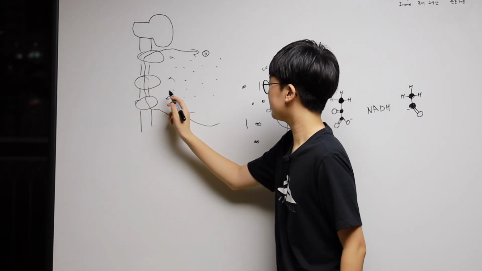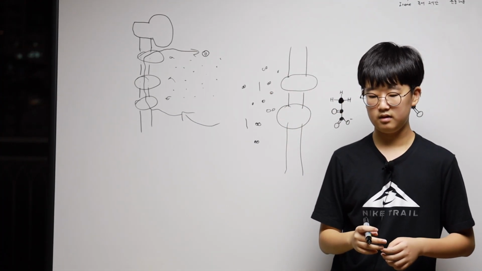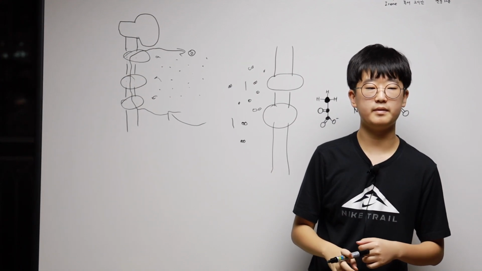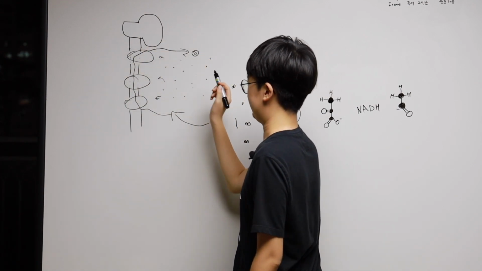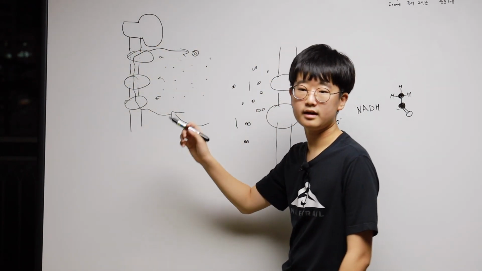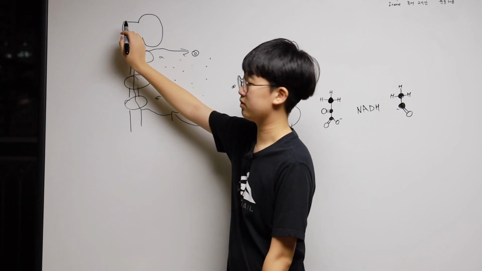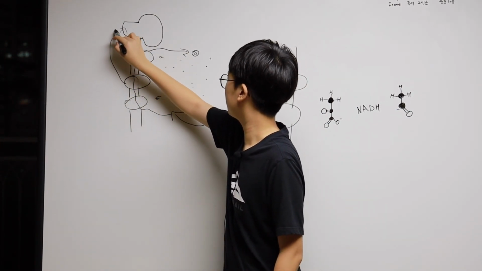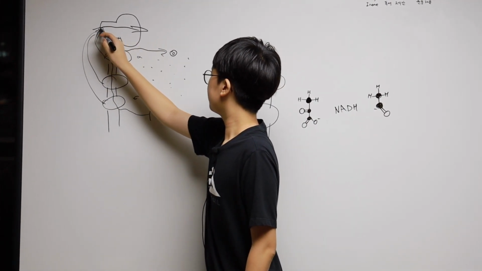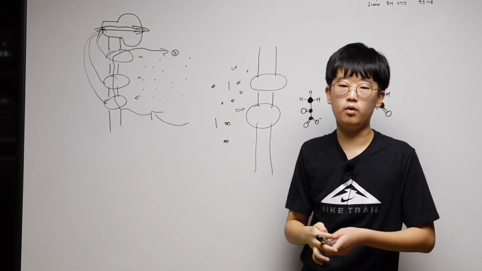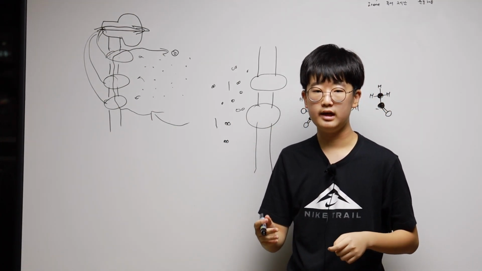And now, the protons are pumped out, but this part of the mitochondria is, I think it's full of protons. Maybe not full of protons, but a little bit positively charged. So now the hydrogen ions want to get back to where they were before, and this hole is open right now. So they all rush in towards the hole in the ATP synthase, and now these protons flow through the hole in the ATP synthase, and this flowing of the protons produces kinetic energy, which means